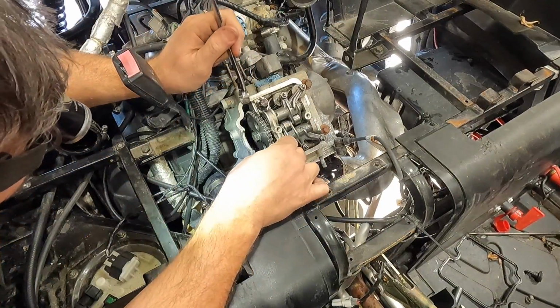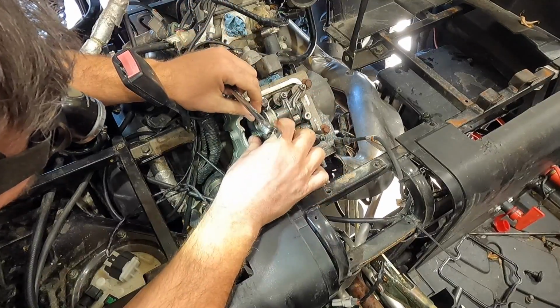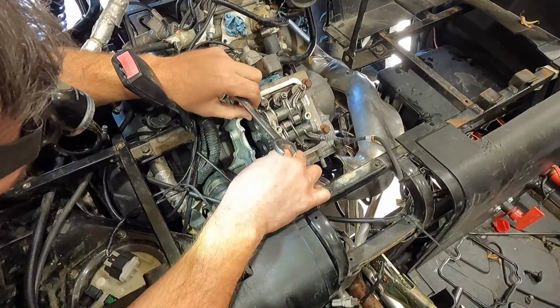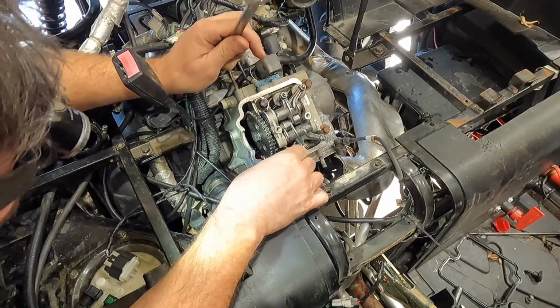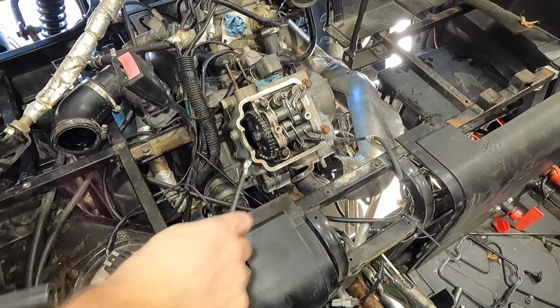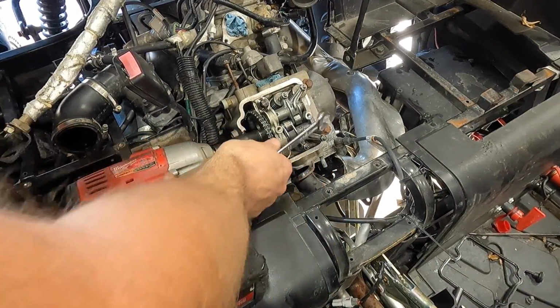That's got to come loose in order for me to pull this off, drop it down, take the cam chain off, and then pull the head. Ooh, because there is no play there. So let's try it again. You know what? Let me get my...